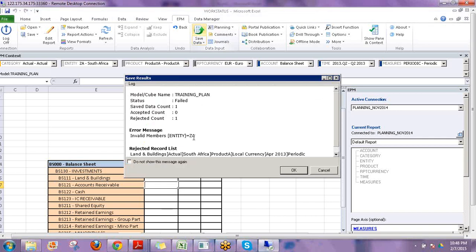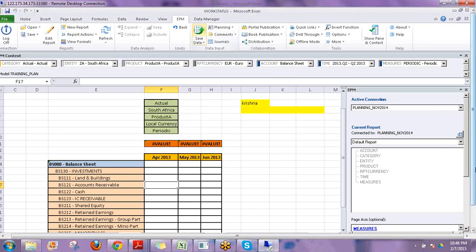Now see, entity ZA is an invalid member because it is read-only access. So in BPC,